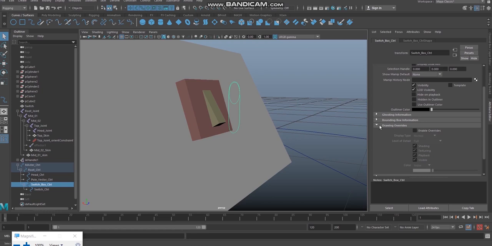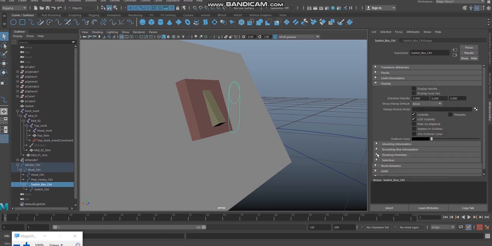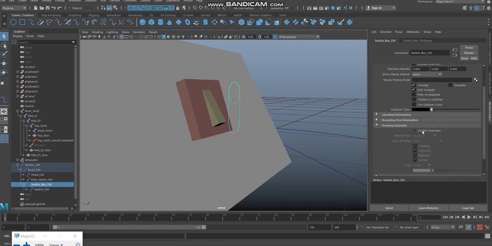Okay, so see where it is, again switch box control, again come to this display. In the display, drawing overrides, give enable overrides. After enabling the overrides, you can see the display type, it is showing as normal. Okay, normally visible, but we don't need that.